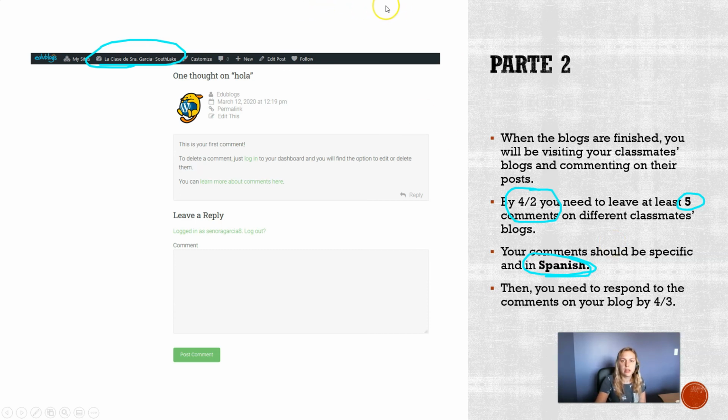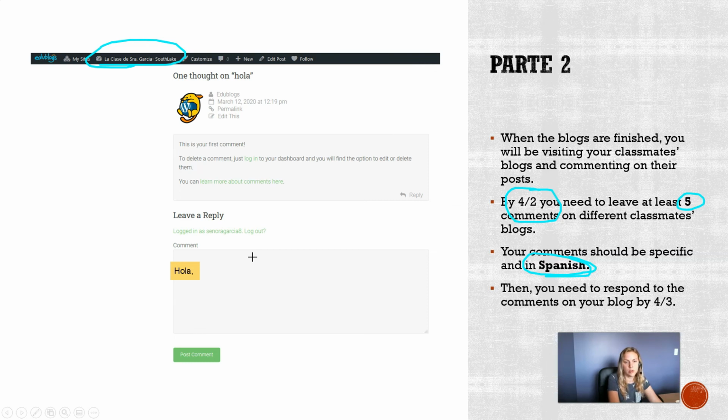So let me give you an example. Vamos a ver. So, for example, let's say you had a post about you chose Colombia, like my example before, you chose Colombia porque te gusta la cultura. So this is the first post on someone's blog. And I could say, hola, whose blog is it?